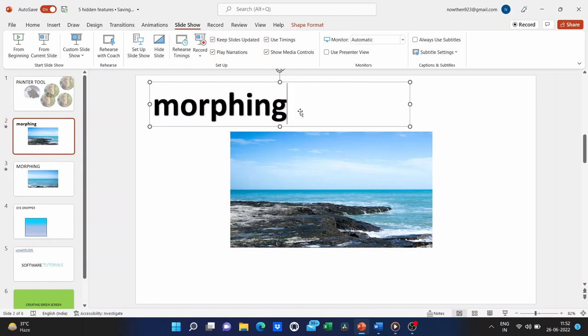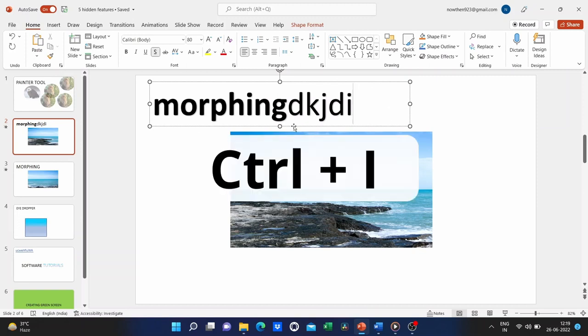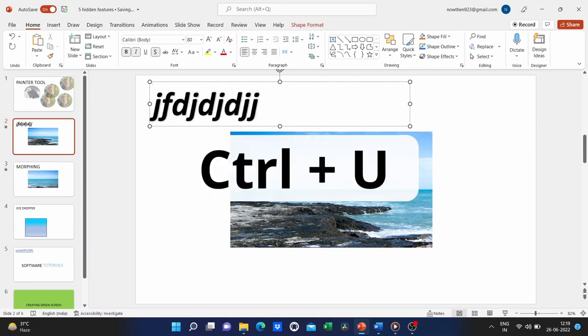To remove the bold, I press Ctrl B again. Then I can type, and you can see that it is no longer in bold. So that's a helpful keyboard shortcut. It keeps my hands on the keyboard rather than the mouse and makes me more efficient as I type. A similar keyboard shortcut is Ctrl-I for italicize. So if I type now, you can see it's in italics, and the third option is Ctrl-U for underline.